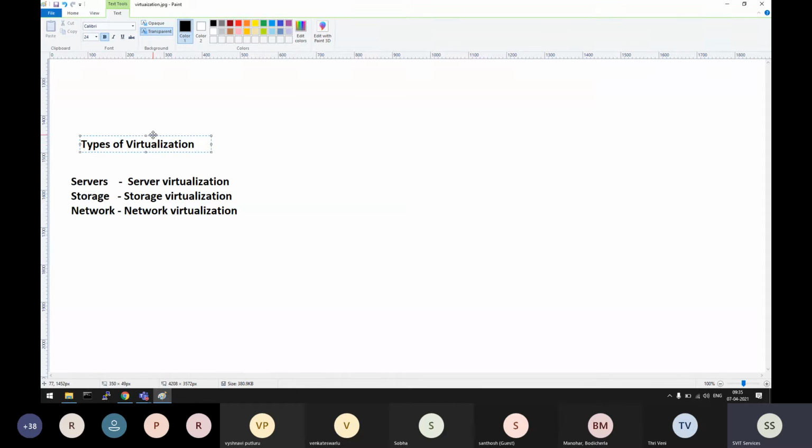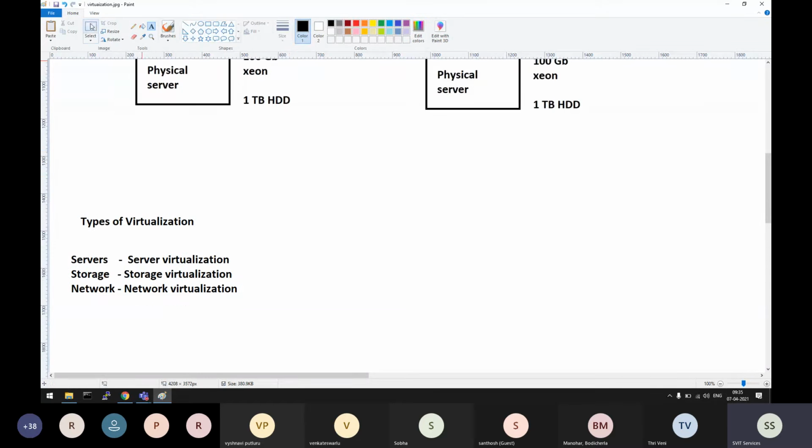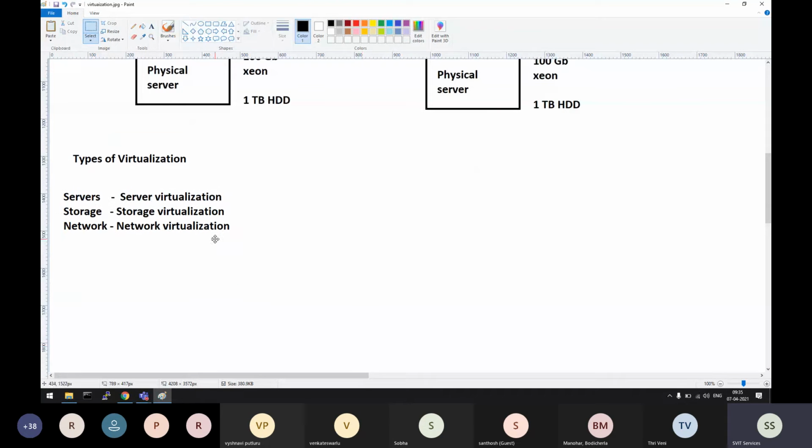Types of virtualization is a very common interview question: what are the types of virtualization? There are many other things also virtualized, but out of them, 3 types are very important to know. We are going to learn only about server virtualization.